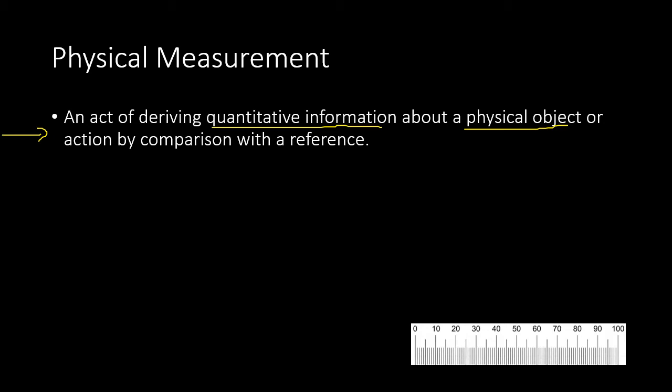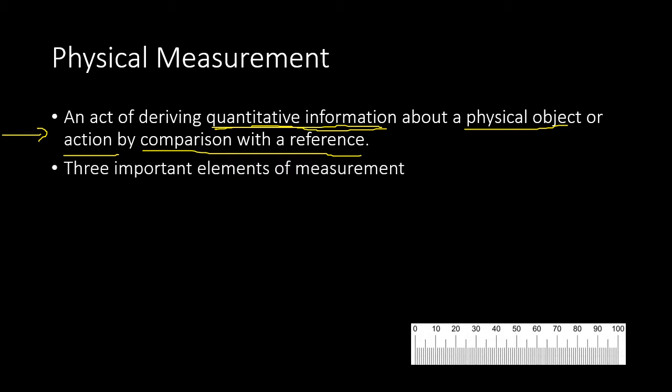So whenever we are measuring a physical quantity, we assign a numerical value to that quantity. So that we are actually deriving quantitative information about that physical object or action by comparison with a reference. Generally, whenever we do a measurement, we are comparing with a reference like a steel scale or a pressure gauge, for example. And hence, a physical measurement consists of three important elements: a measurand or the quantity to be measured,